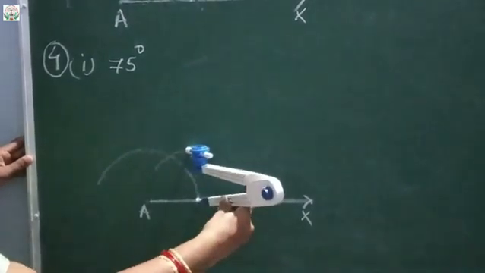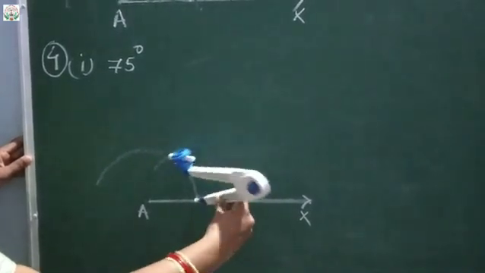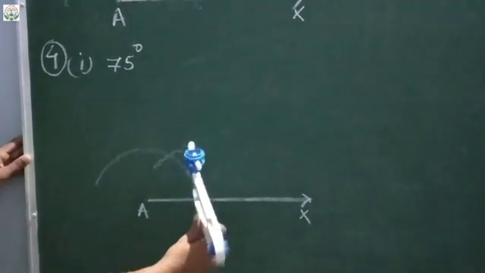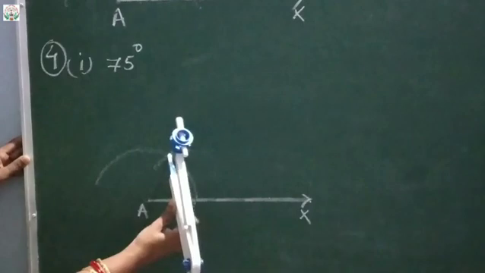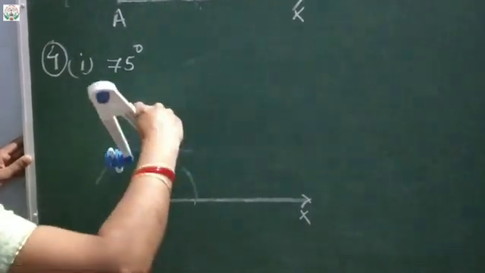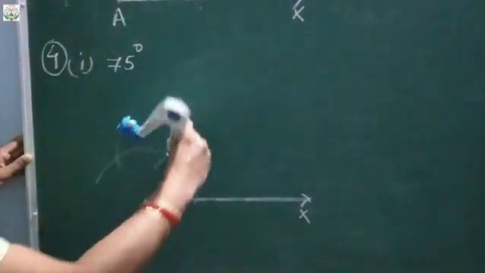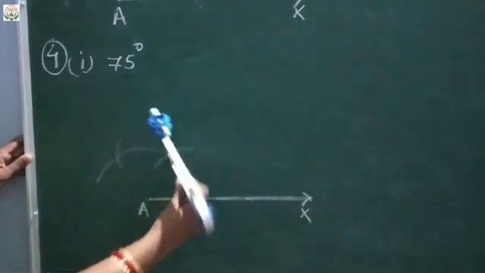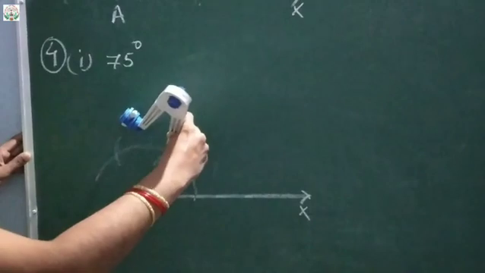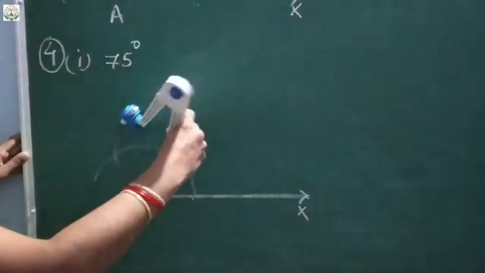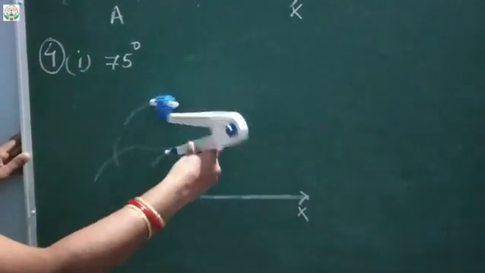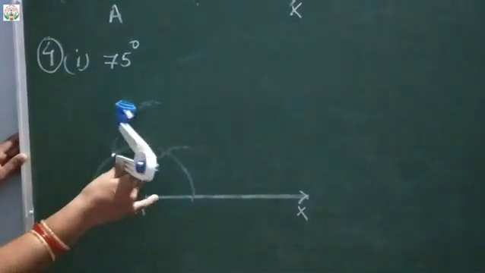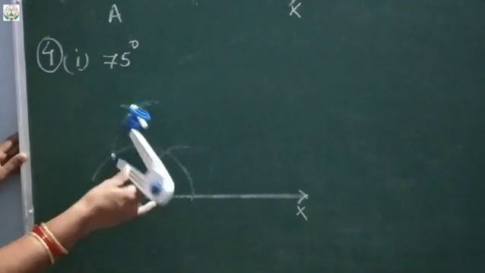So first we will construct what? This angle arc which we are cutting on the semicircle is our 60. Now at 60 on the semicircle, keep the needle and draw 120, because for 90 we need to have 60 and 120 both. So now at 60 again, keep the needle of the rounder and draw an arc likewise. And again at 120, keep the needle and draw an arc with the same measurement.